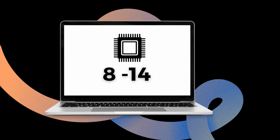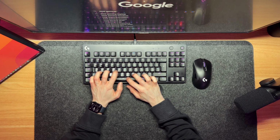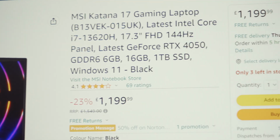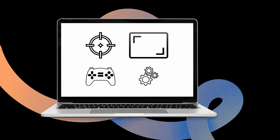They usually have 8 to 14 cores depending on the CPU manufacturer and model. Also, you may find some laptops that have 16GB of RAM and Nvidia RTX 3060, 4050 or 4060. This allows for smoother gameplay, higher FPS, increased gaming settings and the ability to play a wider range of games